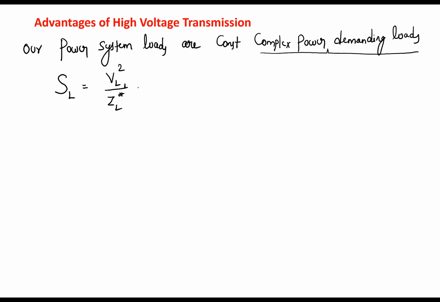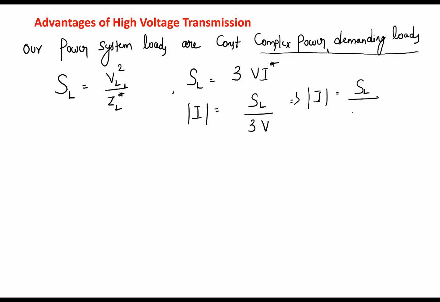So this value, how we got it: our basic idea was SL equals 3 V I conjugate. From there we derived this one. If you take only magnitude, |I| will become SL divided by 3V, which implies |I| is equal to SL divided by root 3 into line voltage. So the first thing I can tell you is that the current carried